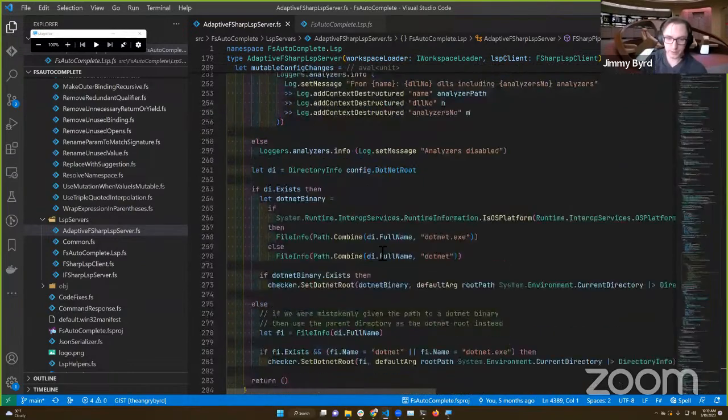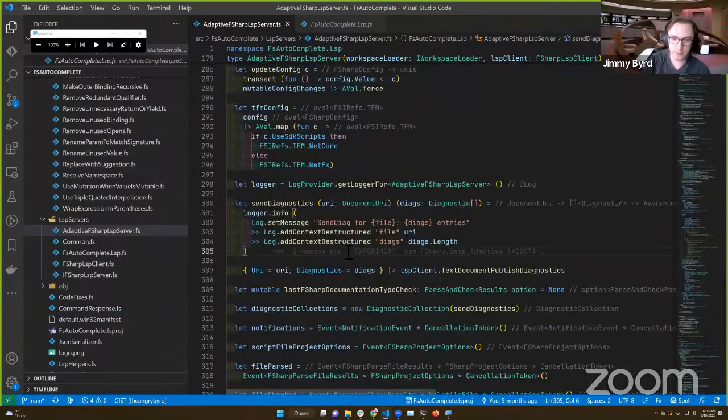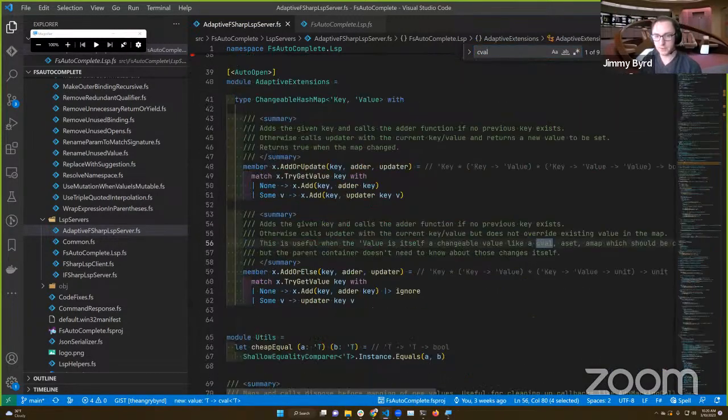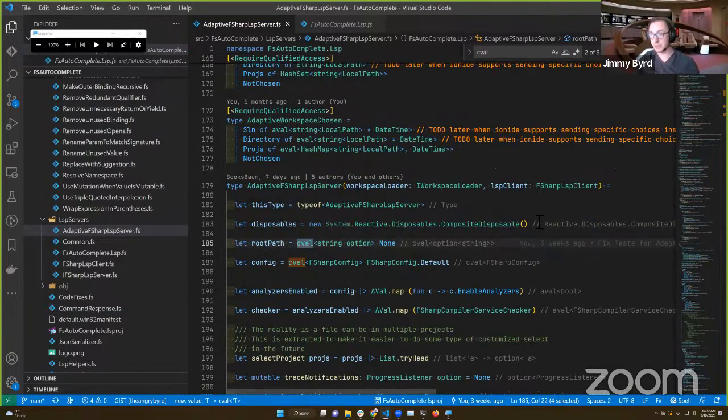So when I come down, let's look for cvals. There's this notion of something called a cval. This is a changeable value in adaptive, and these are basically your direct inputs. If these things change, all your potential outputs could change as well.